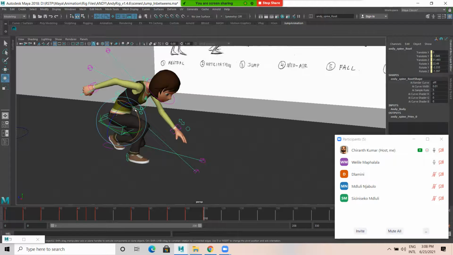When we touch the ground while settling, there will be a little movement, you know, that we bend towards the ground a bit more. So I'm going to do that like this, and hand a bit like this, one a bit like this. Set key, select this, set key, select this, set key.